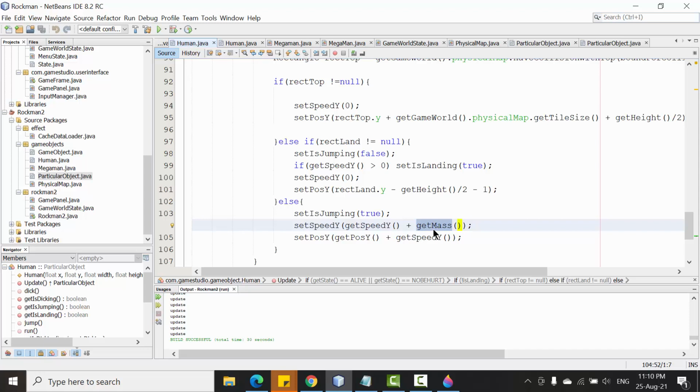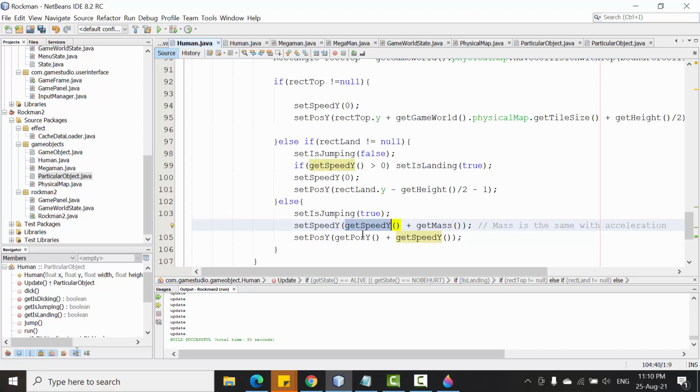It's not good naming, but in the original I use this, so I must use this. You can see the mass here is the same as the acceleration, right? So every time we update, we need to increase the speed y because